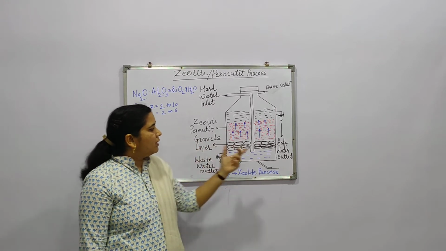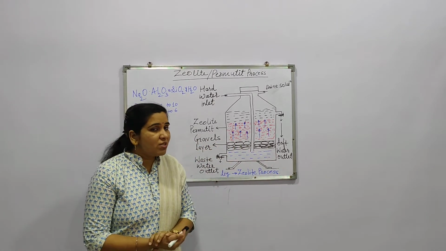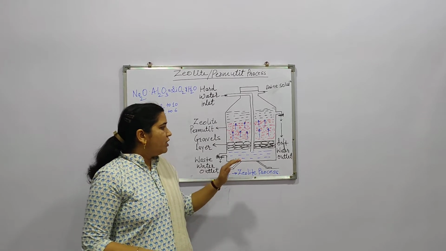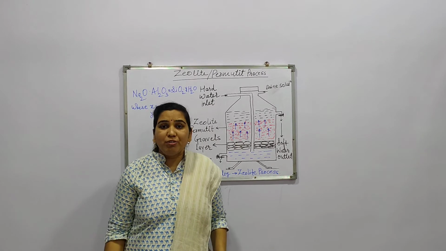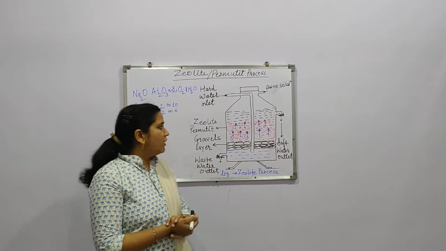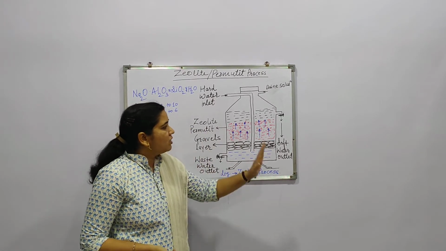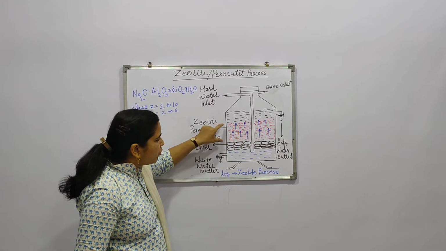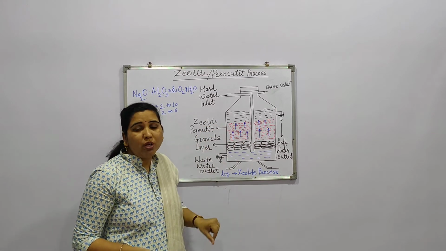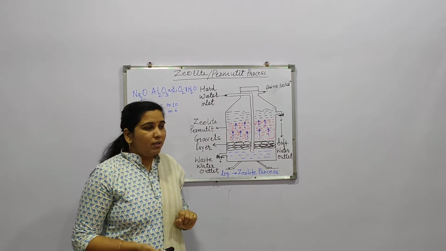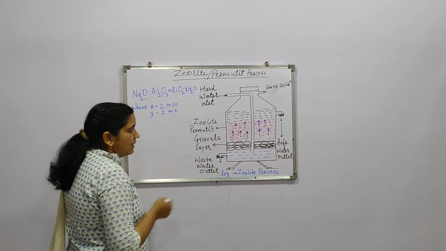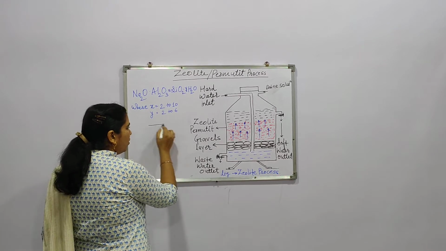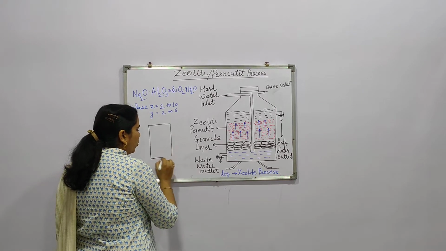Now here there is a large diagram which I have just drawn, which is a large tank. The design of the tank may be of different types; you can draw it in a different way. Here there is a large tank in which, at the central portion, this red colored portion which is shown is the zeolite. Now what is zeolite physically? Zeolite, as I said, is a boiling stone. It is just like a stone.